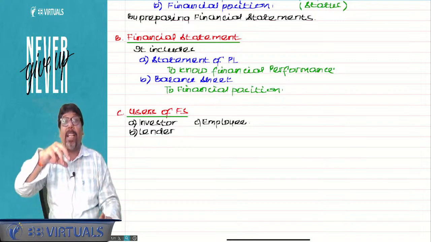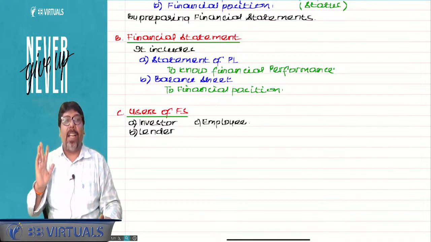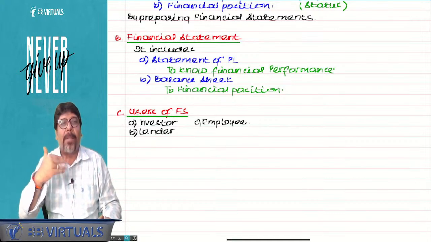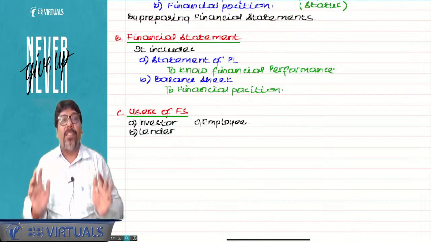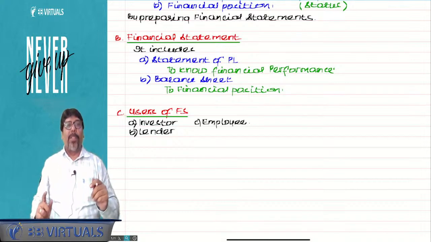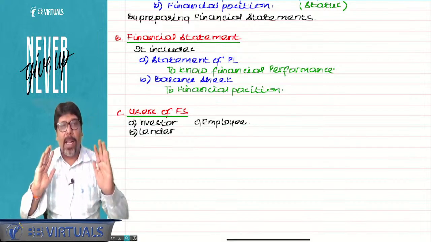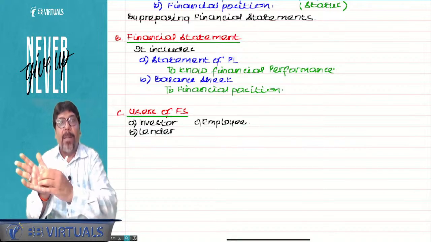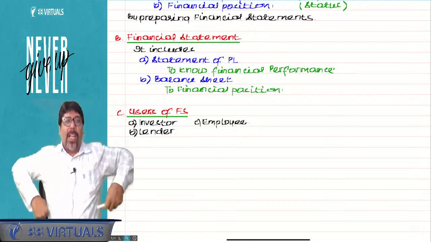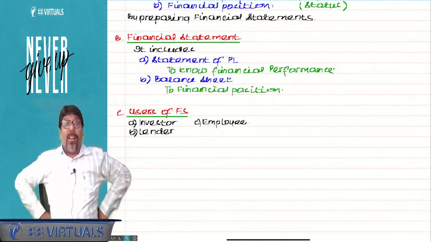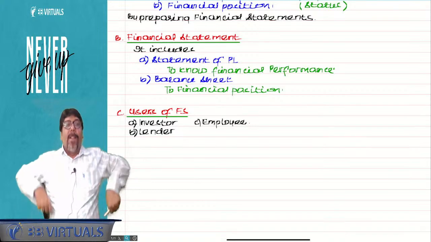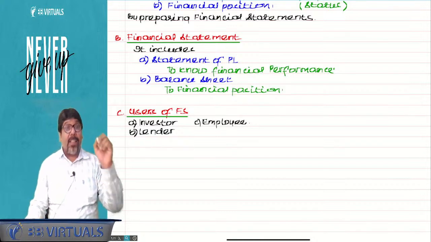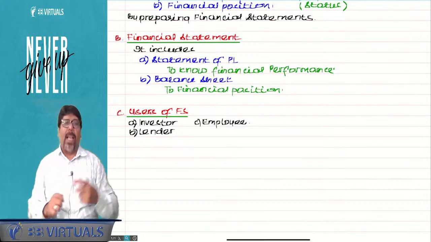Suppose you are a segment head, ITC's cigarette head, and then you see the financial statement. Cigarette sales have gone up crazily. ITC is making tons of money by selling cigarettes. Don't you think next day, applying powder, you will go to the owner and tell him my segment is doing brilliant, so I want an increment. I want a share of profit. Yes or no? Yes, sir. So don't you think employees are also users of financial statements? Yes. So investor, lender, employee. Then suppliers and customers.